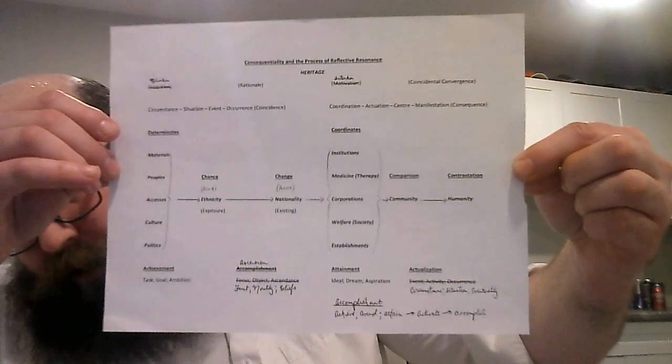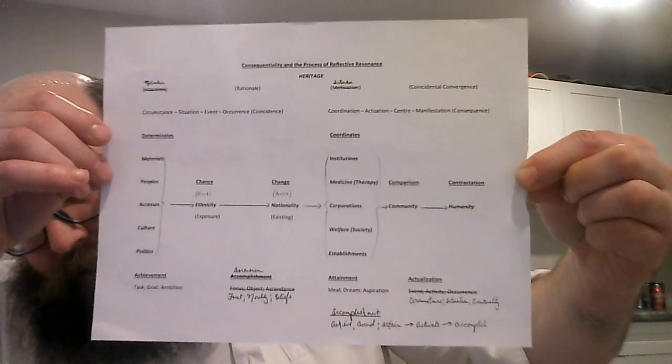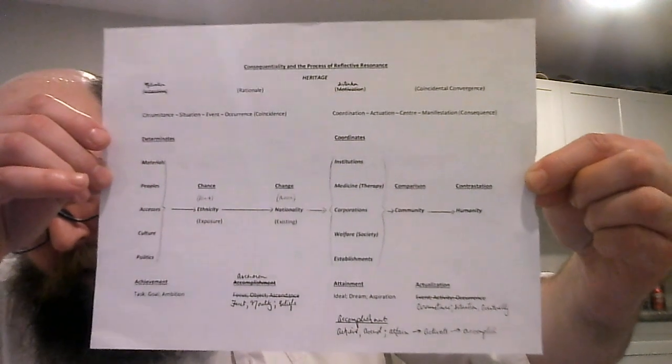So that's the template for what I'm about to show you next and last. So finally we have, just make sure that, get that on screen and everybody can see it. We have a developed model on the basis of consequentiality and the process of reflective resonance. When creating this reflective resonance and the coincidental convergence as a result thereof, we can actually map out society following